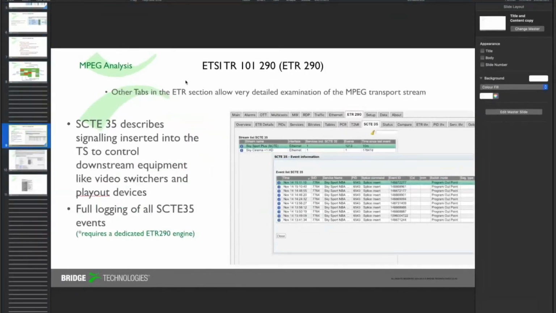So SCTE-35, or SCTI-35 as some people call it, is signaling that's inserted in the transport stream, and it's used to control downstream devices like vision switchers, vision mixers, and play-out devices for playing local adverts and stuff like that. So it's used quite a lot, regional opt-outs, all of that sort of stuff. So this is an optional extra. It needs to be purchased to work on a probe,